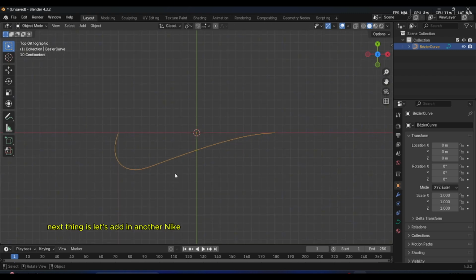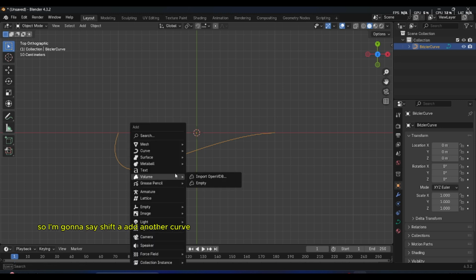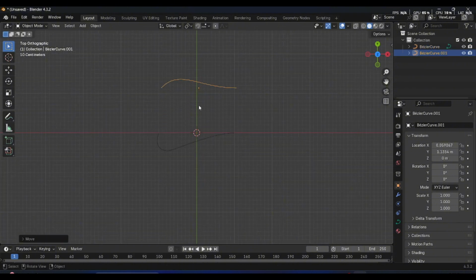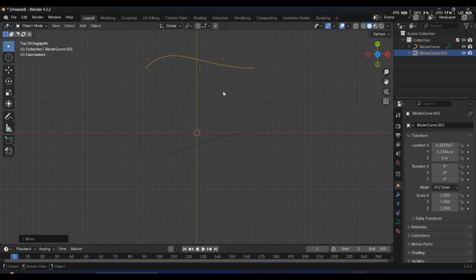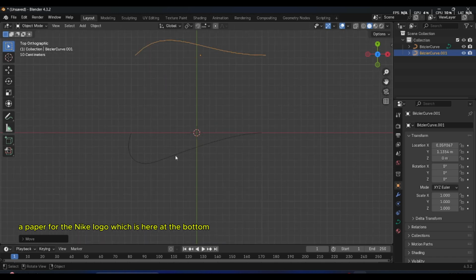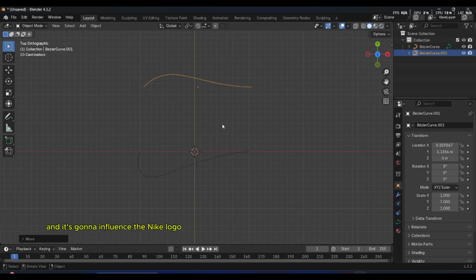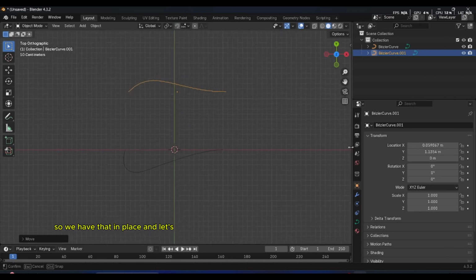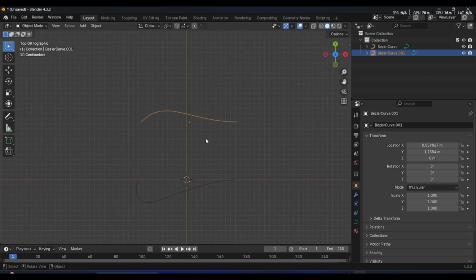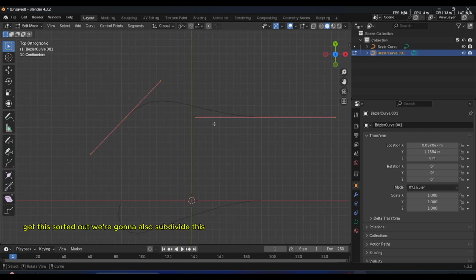The next thing is let's add in another Bezier curve. So I'm going to say Shift A, add another curve, a taper for the Nike logo, which is here at the bottom, and it's going to influence the Nike logo. So we have that in place, and let's get this sorted out. So we're going to also subdivide this,